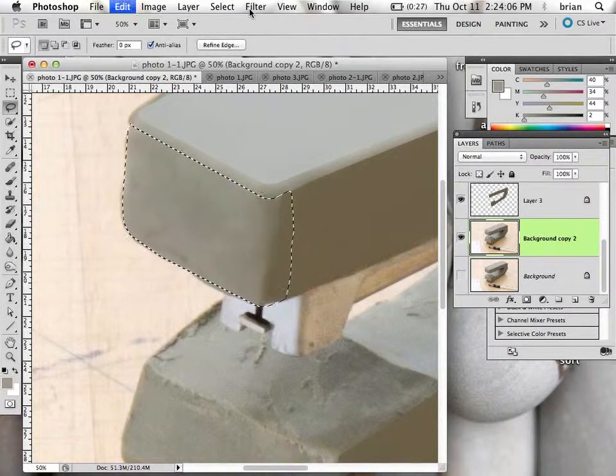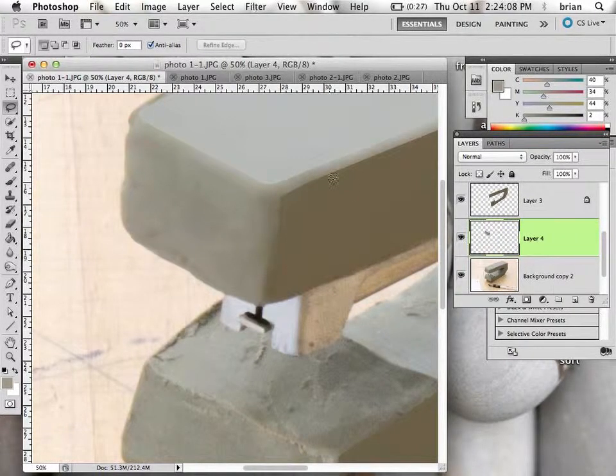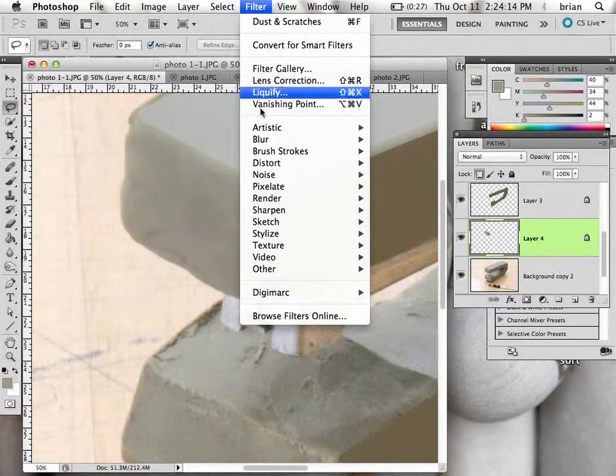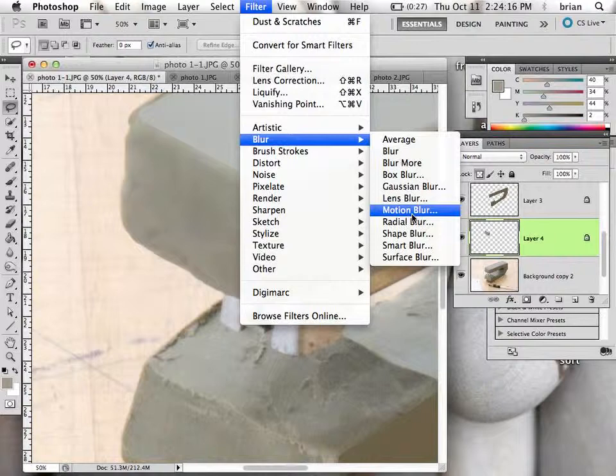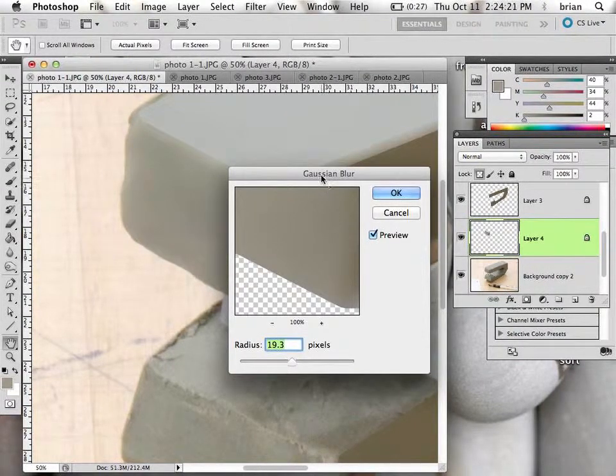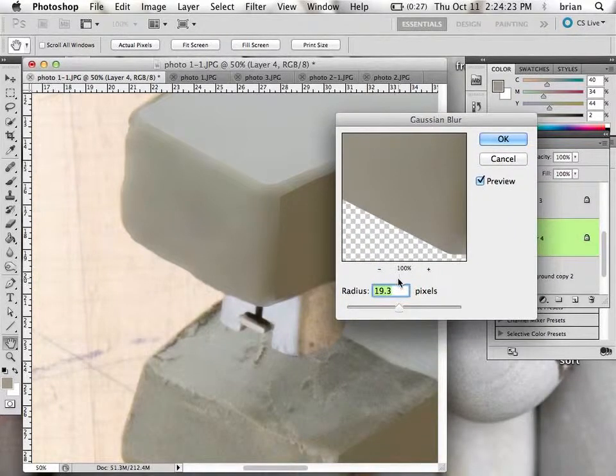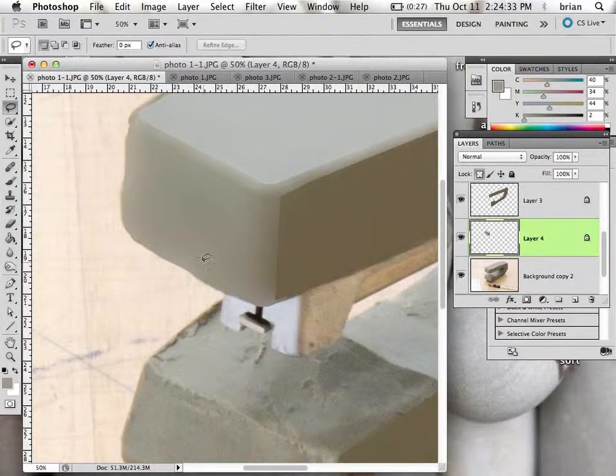I'm going to copy this, paste it, and so now I've got another little layer. I'm going to do this one where I lock it because I want to blur. I'm going to do the Gaussian blur. That's quite a bit, but